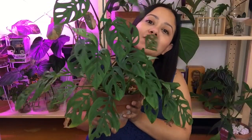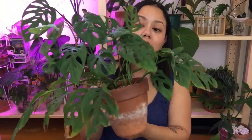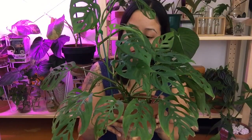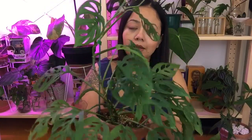So today we're going to be potting up my Monstera Adansonii. This guy has been needing an upgrade in pots. It has multiple roots coming out of the bottom, so I wanted to give it a new pot and also fresh soil. And I did see in the comments somebody asked about